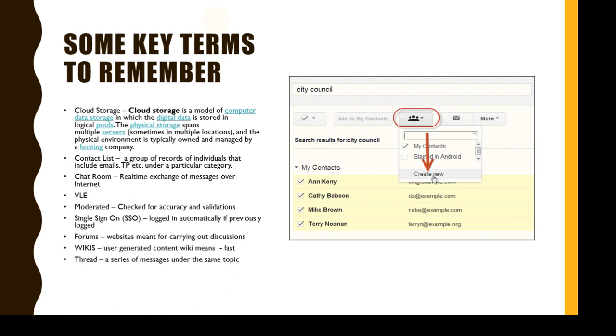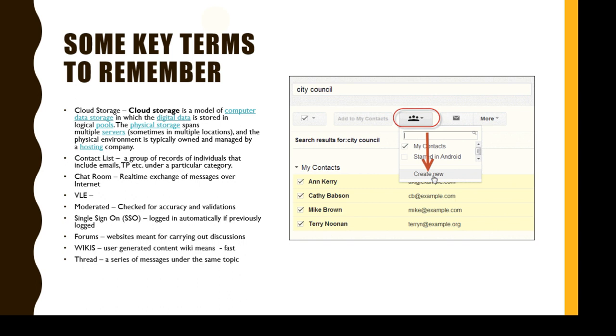For example, Wikipedia initially was not moderated. It's user-generated data, so anyone could publish anything. But now the content is moderated, so it's a much more reliable source.